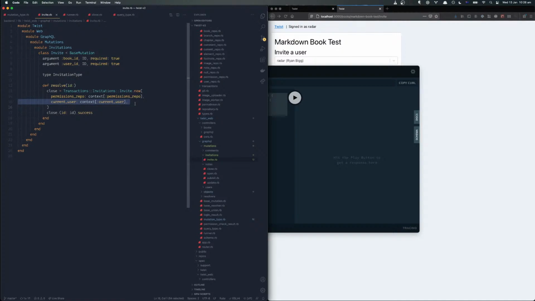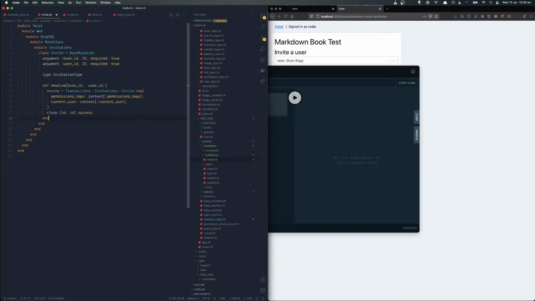I'm going to pass that in here, even though we're not going to use it at the moment, because later on we may want to, maybe a book is owned by a particular user and you don't want random users inviting other users to books because they can get access to the books for free, and I try and sell these books for money, you know, that sort of thing. Not ideal. So the two arguments this takes is book ID and user ID